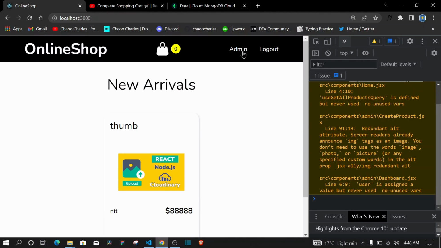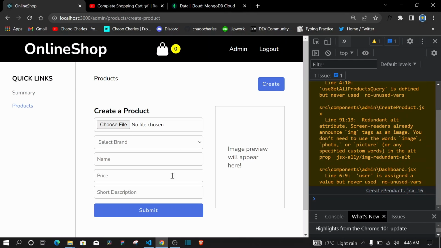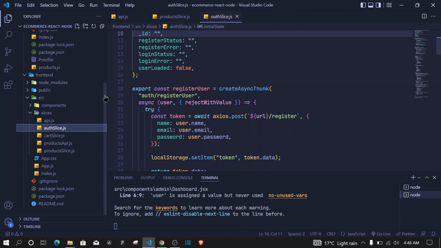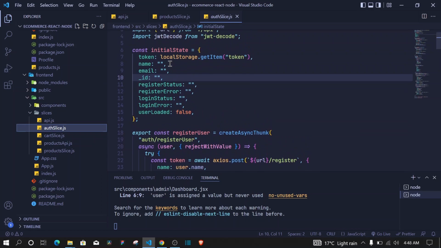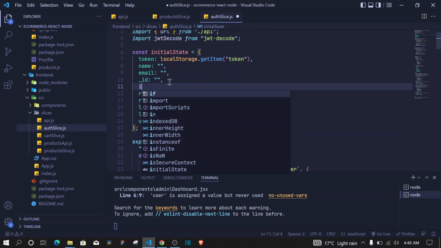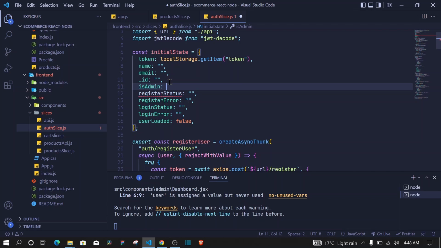So what we should do is actually avoid normal users from accessing this particular page. They shouldn't access this route at all when creating a product, not unless they are admins. So how we can do that is we should go to the authorize and make sure we include the property right here. We didn't include isAdmin here, so I'll say isAdmin, and